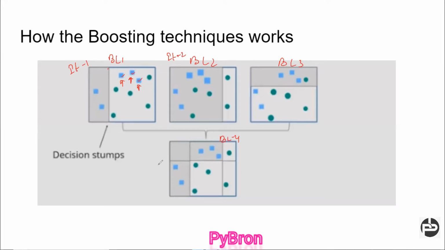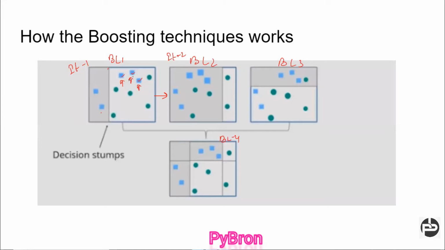Similarly, base learner 1 is able to classify these two shapes, but these three shapes it is not able to classify. So it has to put some extra effort into these three square shapes, right? We have to increase the weight on these three shapes. In the next iteration, I give this output to base learner 2, and in this iteration we change the weight. You can see I changed the shape of these square shapes, right?